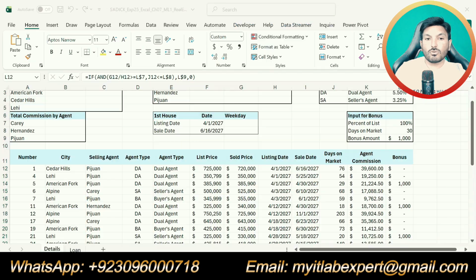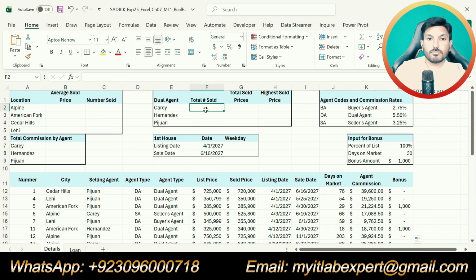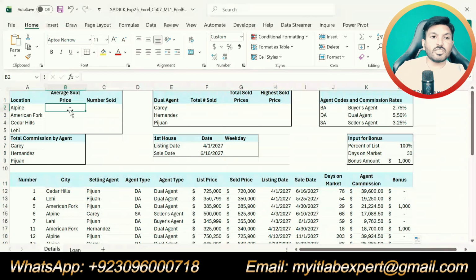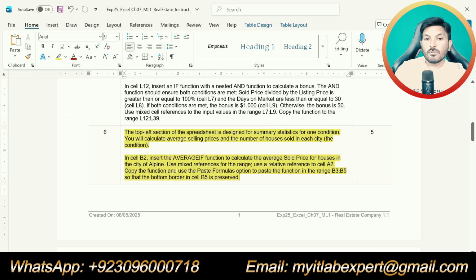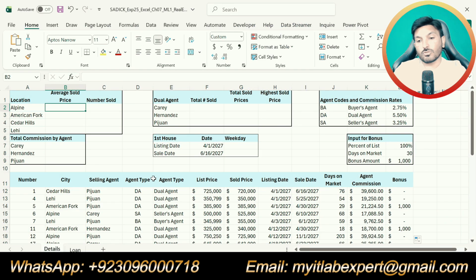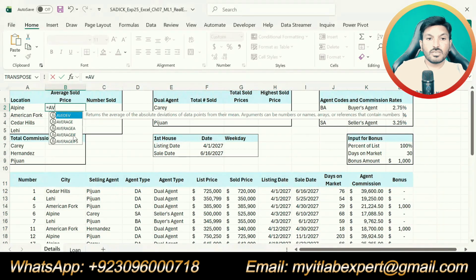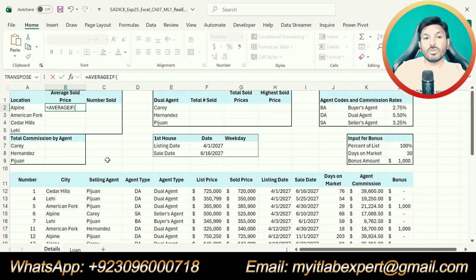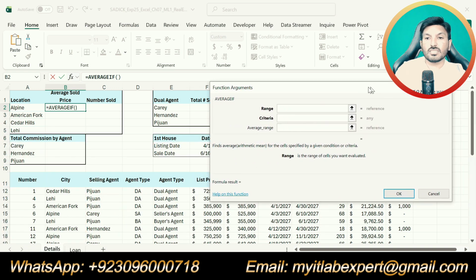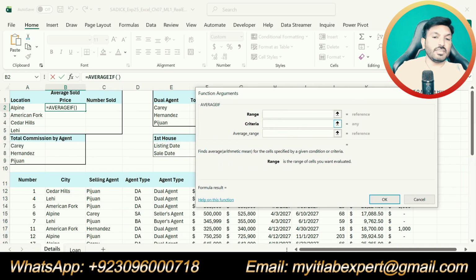So now we will go to cell B2, and here we are supposed to calculate the average sold price for the Alpine city. For this purpose we will type the equal sign and type AVERAGEIF, because we are supposed to use the AVERAGEIF function. Now click on the function symbol to enter the function arguments. First we will select the range. The cities are given